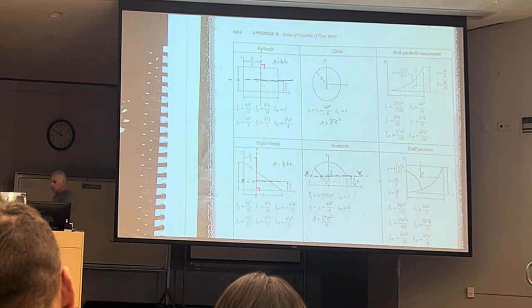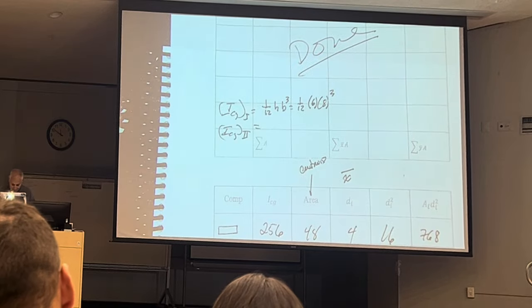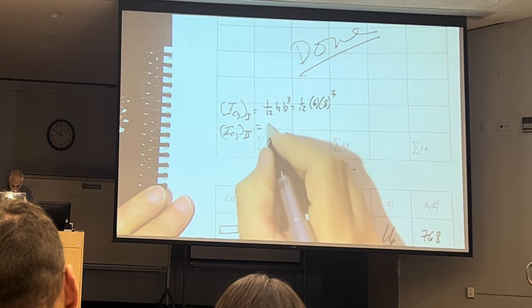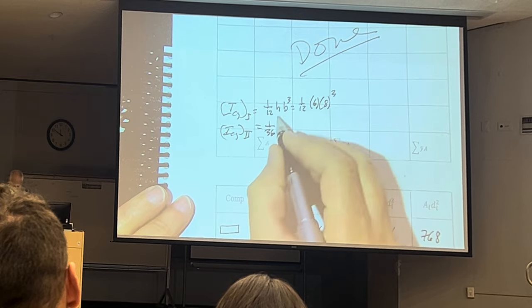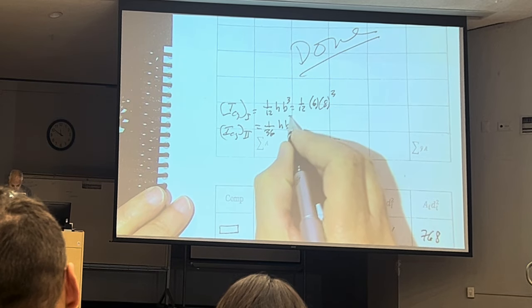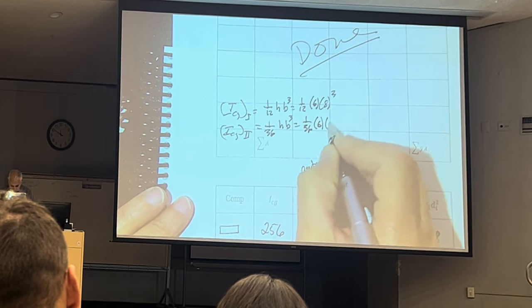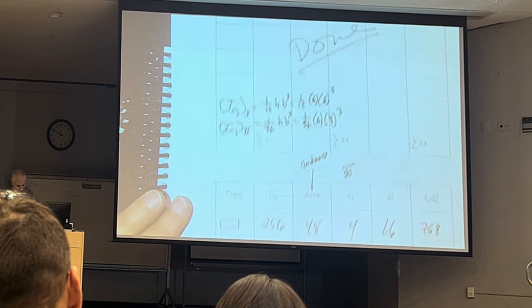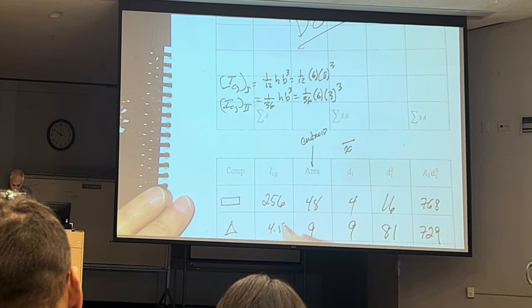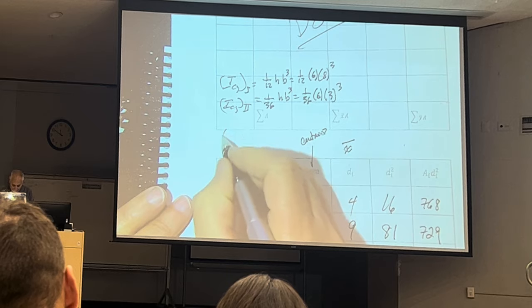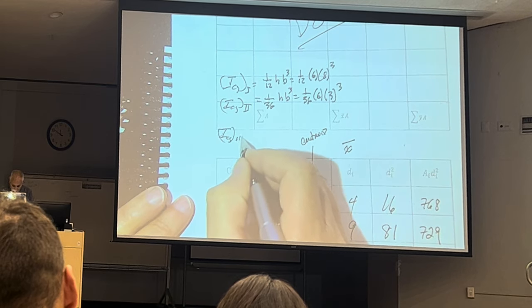So now I have 1/36 times h times b cubed. That's 1/36 times 6 times 3 quantity cubed, which is 4.5. And ICG of 3,